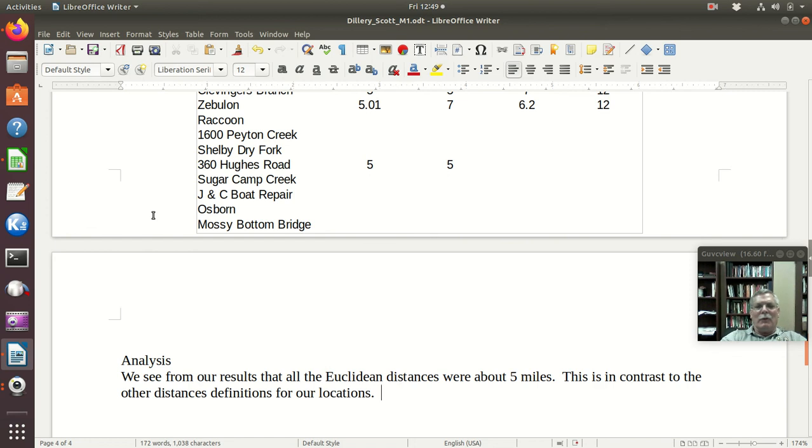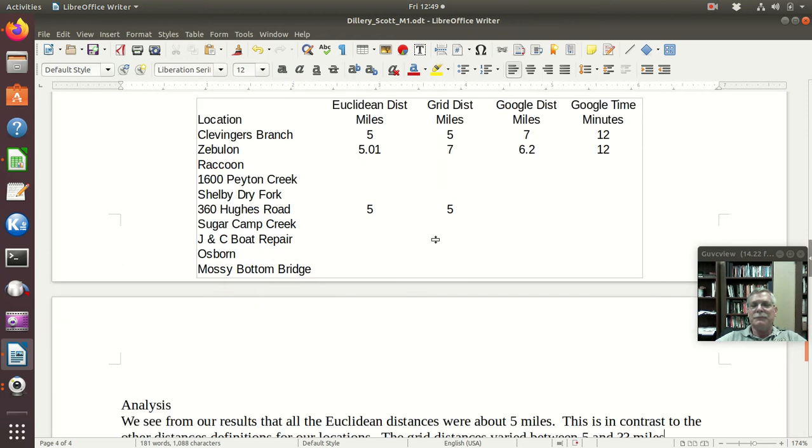Okay, and then when you look at the grid distances, the grid distances varied between 5 and, here I don't know the answer off the top of my head, miles. You will know because you filled in your table here.